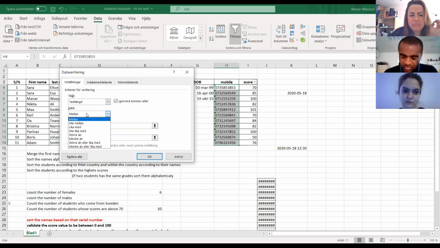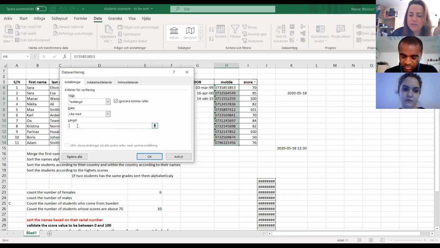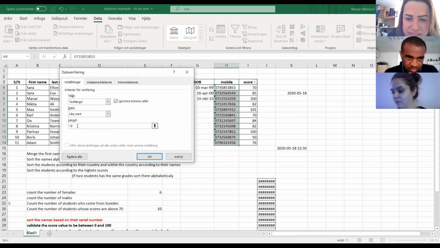It should be "lika med", which means equal. And the length should be 10. How many? 1, 2, 3, 4, 5, 6, 7, 8, 9, 10. Exactly. This means the exact number of letters should be 10.